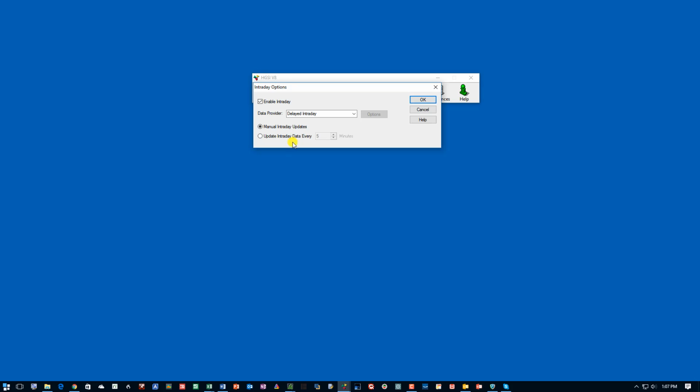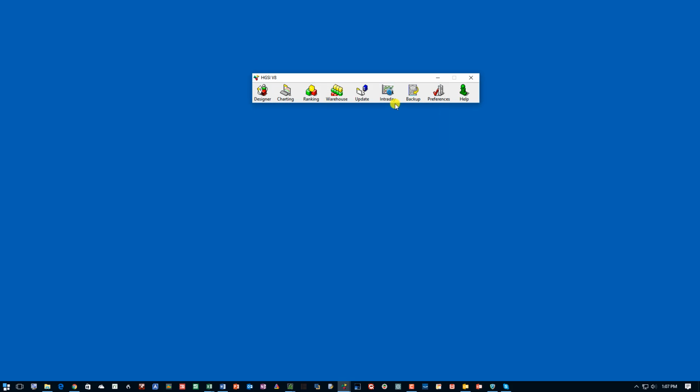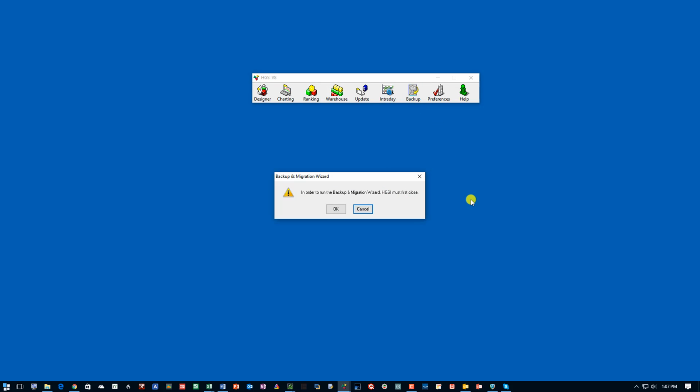These are the options under intraday. You can do a manual update, or you can update every 5, 10, 15 minutes, whatever you choose. I generally just, if I'm trading during the day, update this every 5 to 10 minutes. Okay, I'm going to disable that and move on to the next module, which is probably the most important